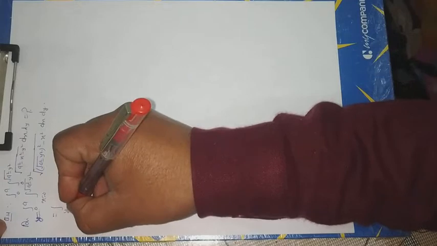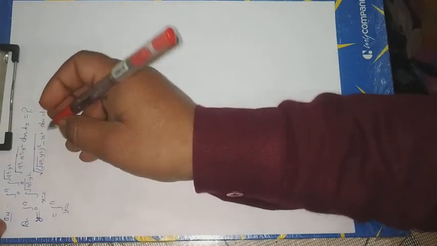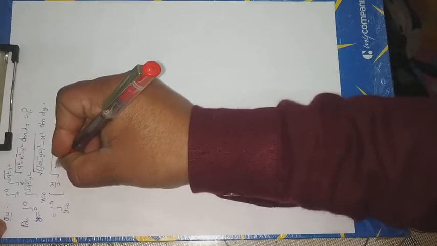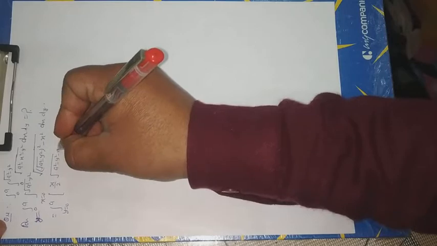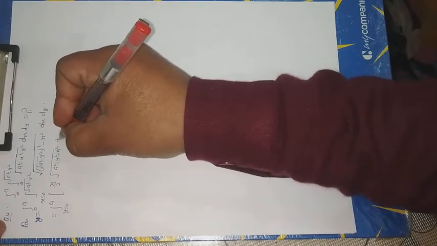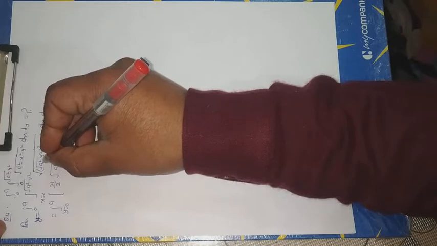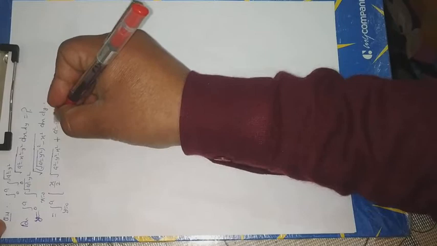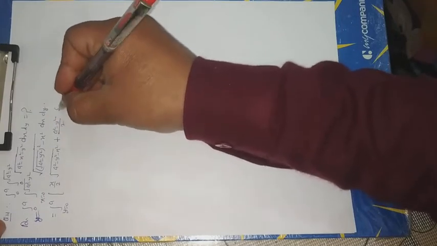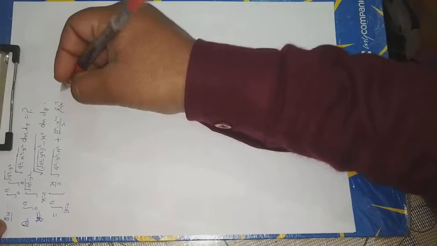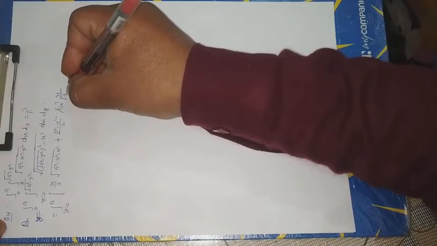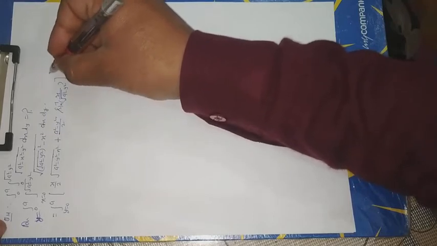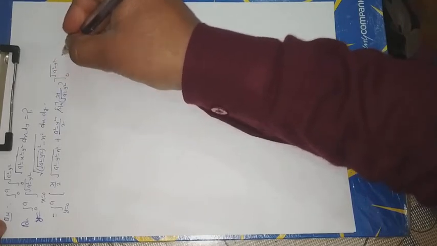This is equal to limit y is equal to 0 to a. The integration of this is x by 2 under root a square minus y square minus x square plus a square minus y square upon 2. Now sin inverse x upon a, that is x upon under root a square minus y square. Now limit 0 to under root a square minus y square. Now dy.